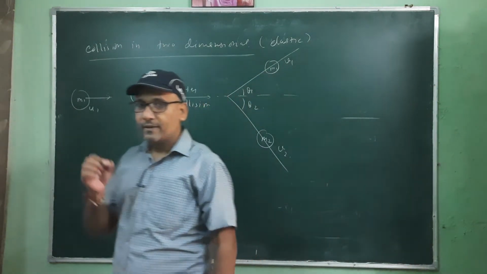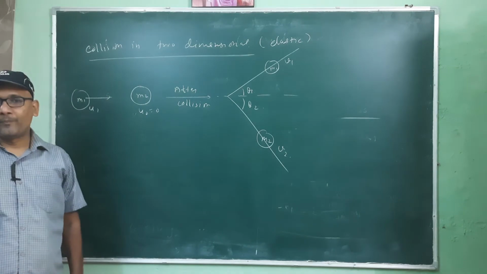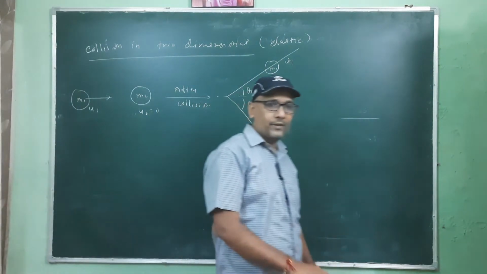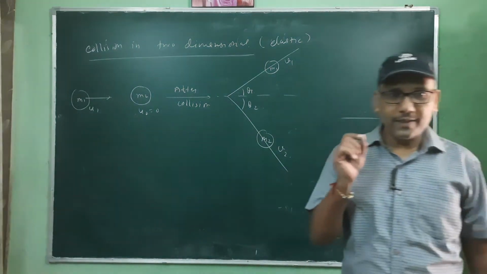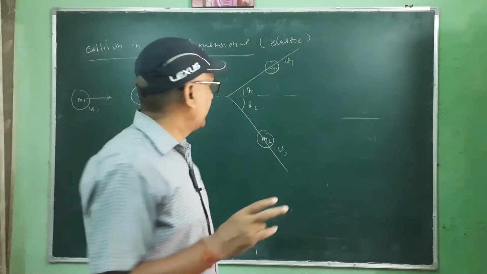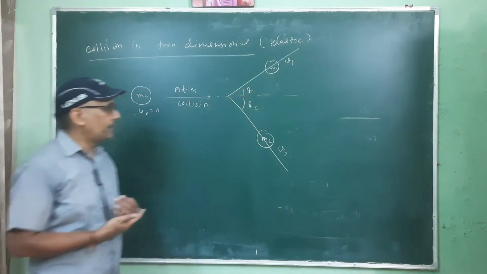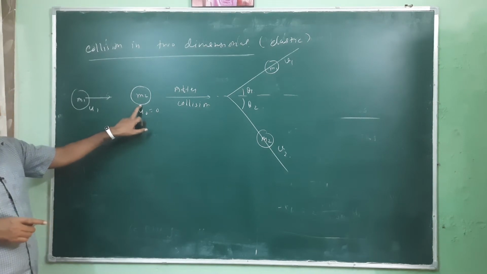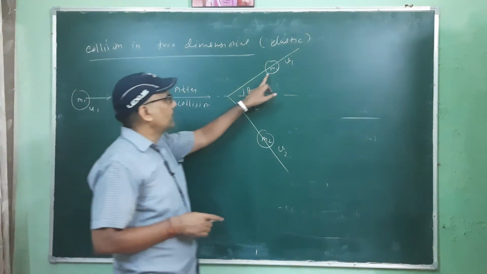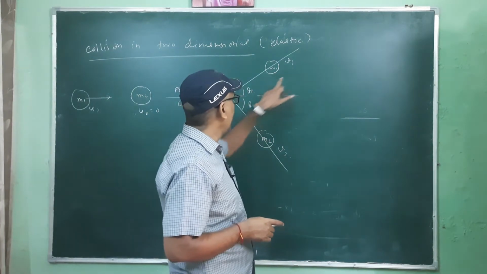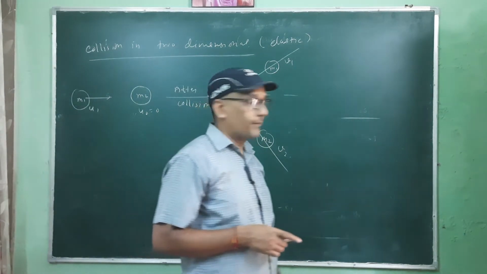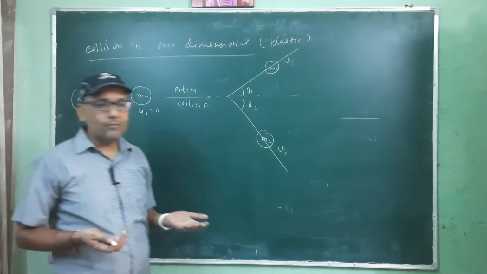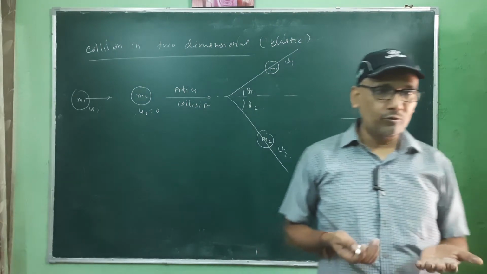It only depends on the small distortion in the angle. If it is perfectly collinear, then obviously that motion will be one dimensional. If there is some distortion, some change in the angle, then this type of phenomenon will take place. So this initial velocity is u1, the initial velocity is u2, and now this m1 is recoiling in this direction of theta 1 with velocity v1, and this is with velocity v2. Elastic collision, so we will consider the conservation of momentum and the conservation of kinetic energy both.